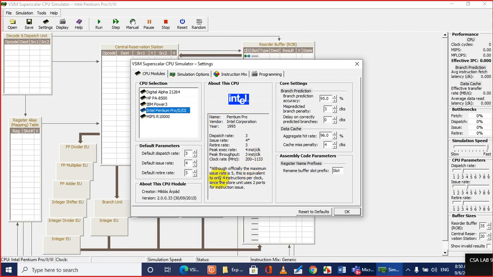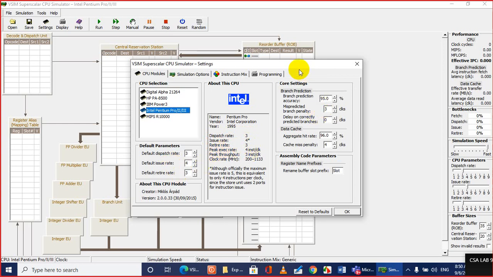So this is very brief information about the Intel Pentium Pro processor. Okay, basic parameters have been shown here. Dispatch rate is 3, issue rate 4, return rate 3. Okay, and you see the left side and the right side.